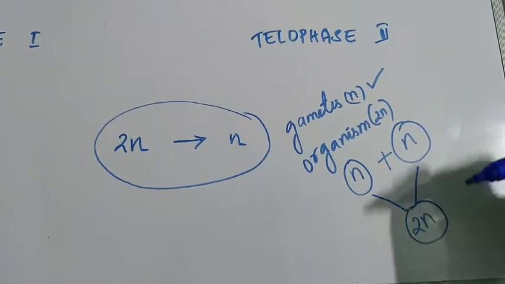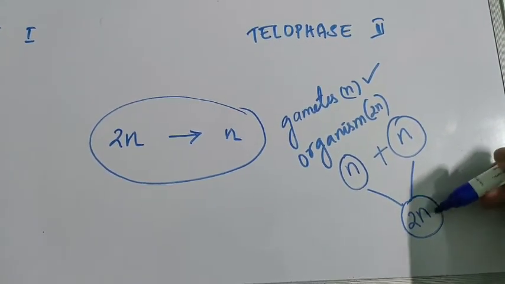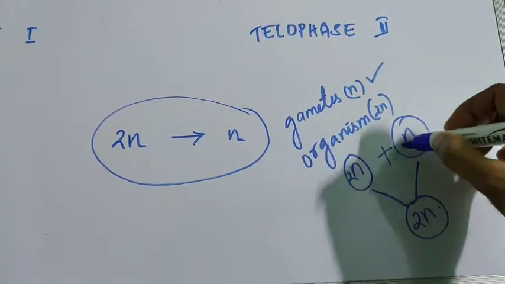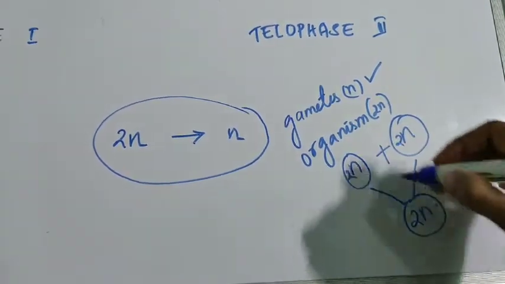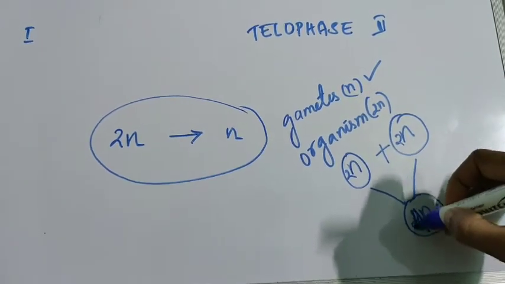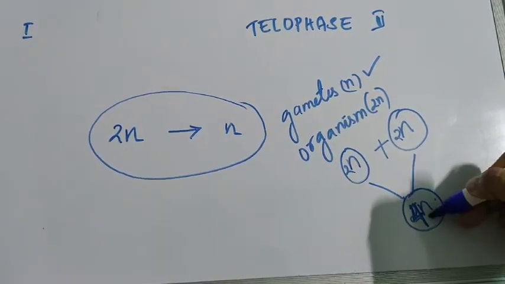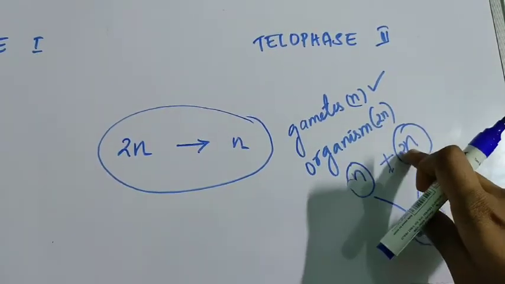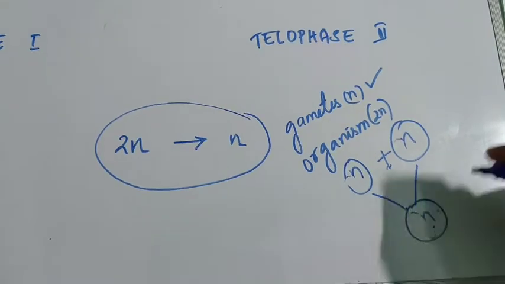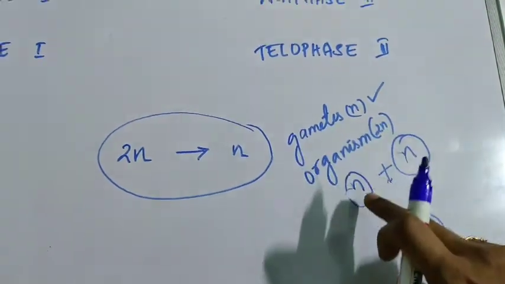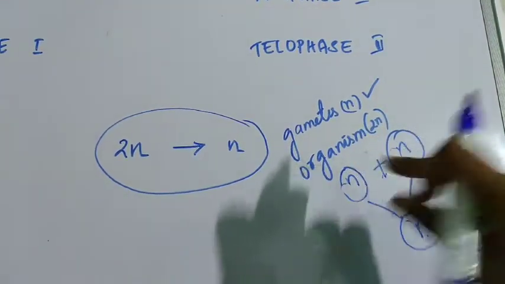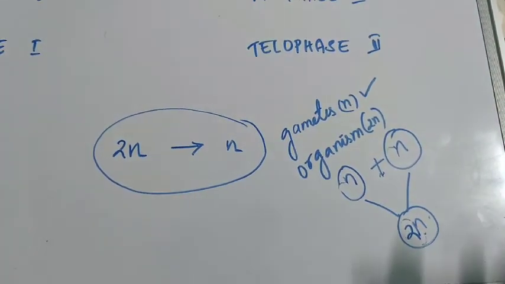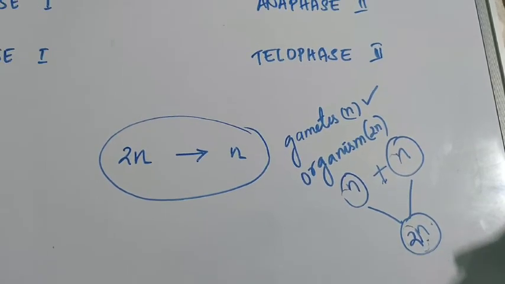Okay, every organism or any species can maintain its number of chromosomes only this way. But just imagine if the gametes were diploid just like the organism. 2n plus 2n, how much is it? 4n. Now, this is some other organism. This number of chromosomes does not match the parent organism. So, to maintain the number of chromosomes in every generation, it is a necessity that the gametes have half the number of chromosomes when compared to the parents. Only then, when they combine, will they give rise to the proper number of chromosomes in the daughter generations.